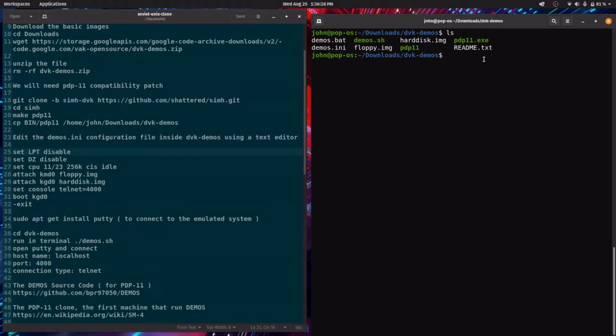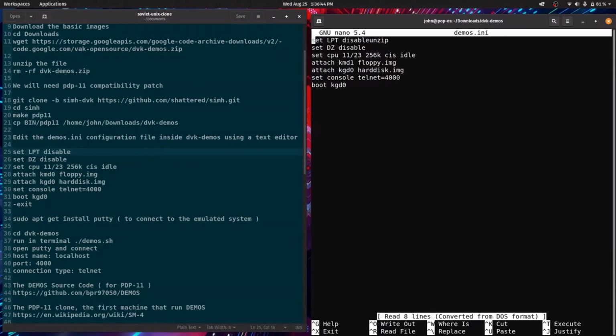Now we need to edit the demos.ini configuration file using a text editor, for example nano demos.ini. Enter. Set lpt disable, set dz disable, set cpu 11/23 256K CSS idle, because the original machines had 256K of RAM.